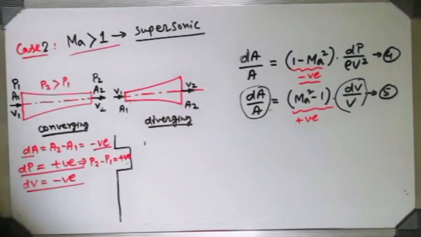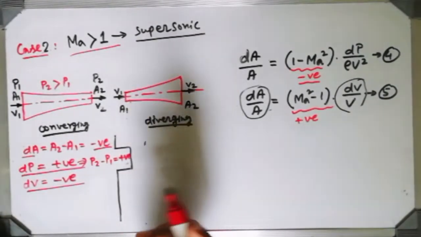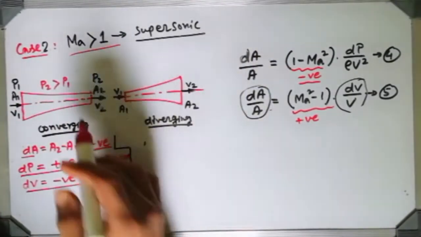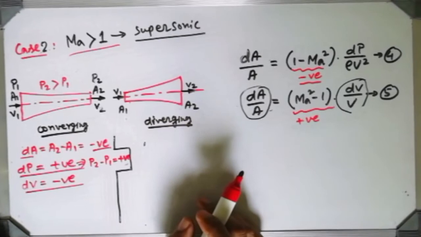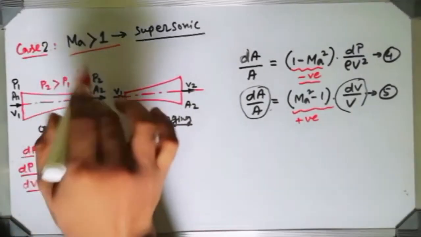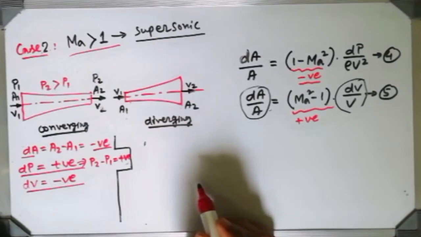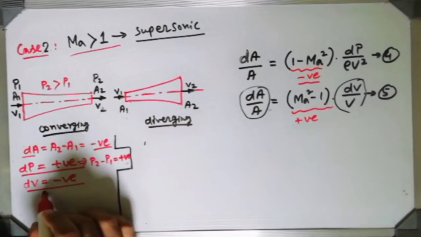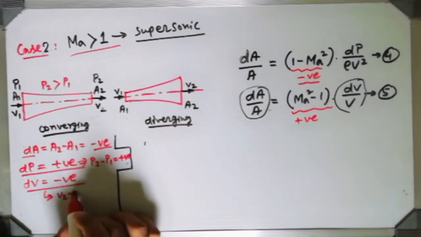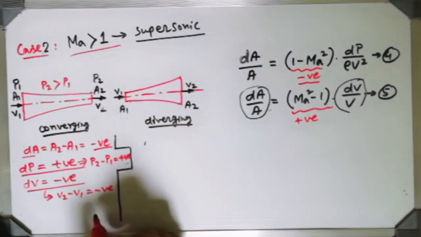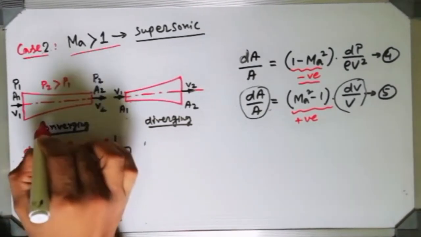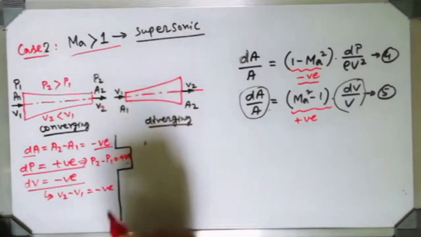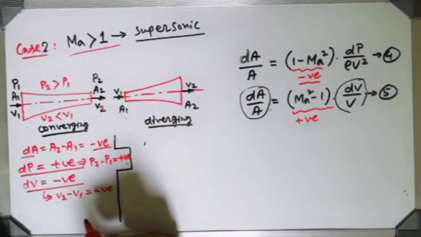In our daily practice we always assume that a converging section acts like a nozzle and always increases the velocity, but not really so. If you change the flow characteristics or flow velocity, then in the same cross section you can see that velocity is getting dropped. That means V2 minus V1 is giving you a negative value. What does this mean? V1 is greater than V2. So that converging section acts like a diffuser now.